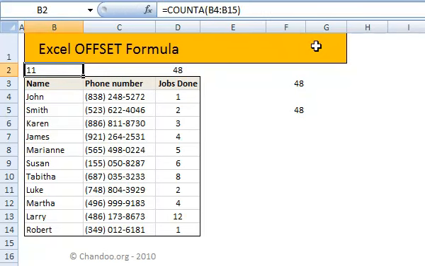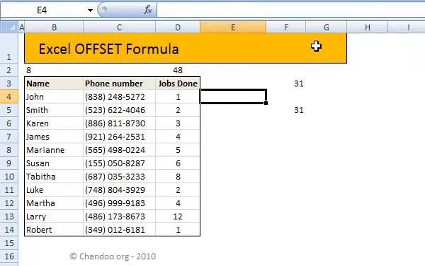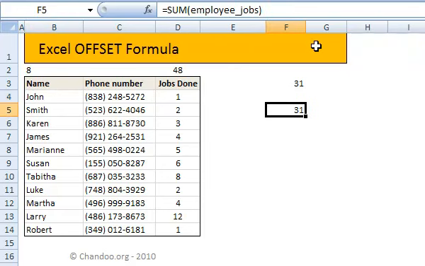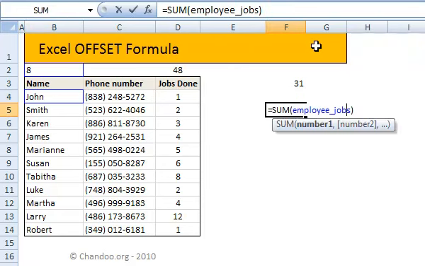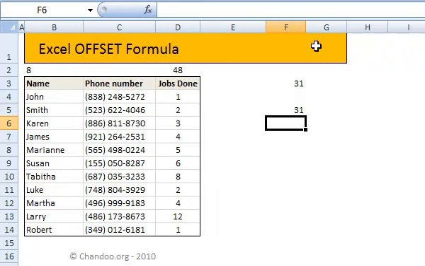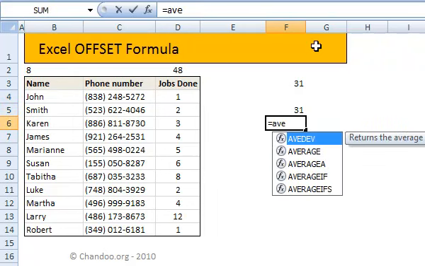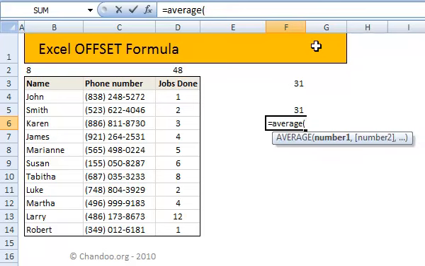So the moment I change this, let us override the count formula by changing this to 8, this thing is going to change because the employee jobs is now different. You can use that like in average or any other formula that accepts a range. You can try that, and